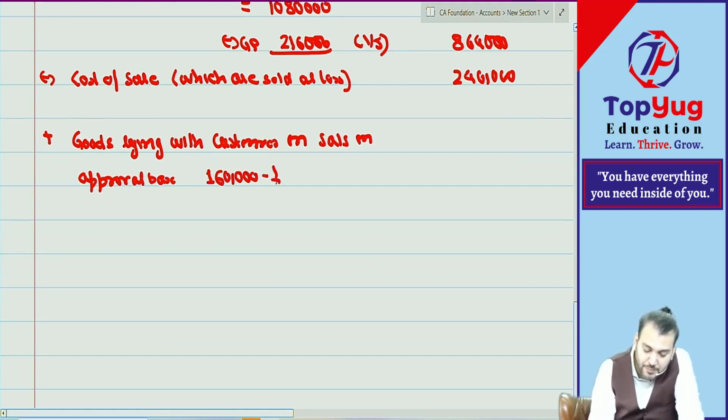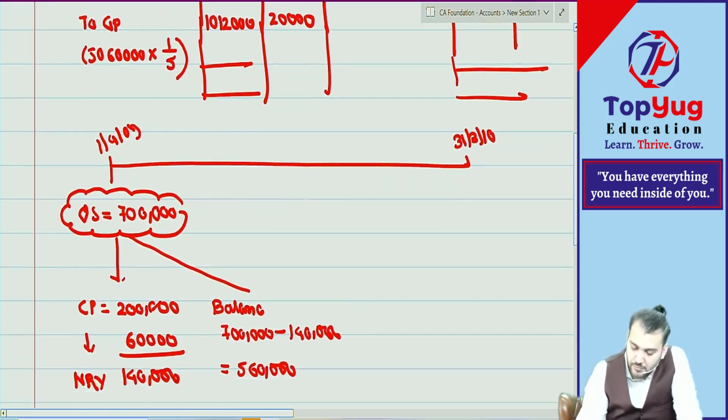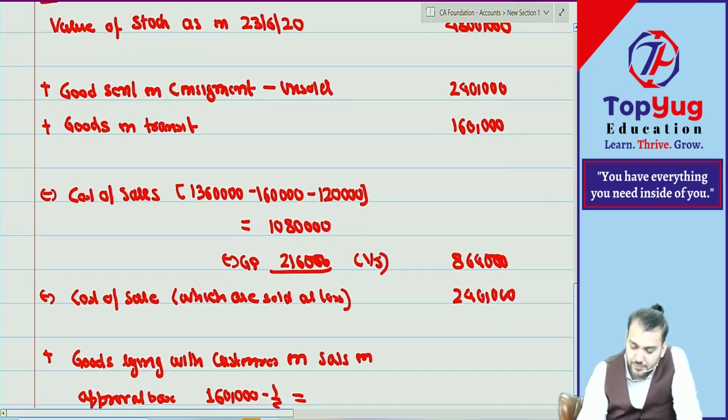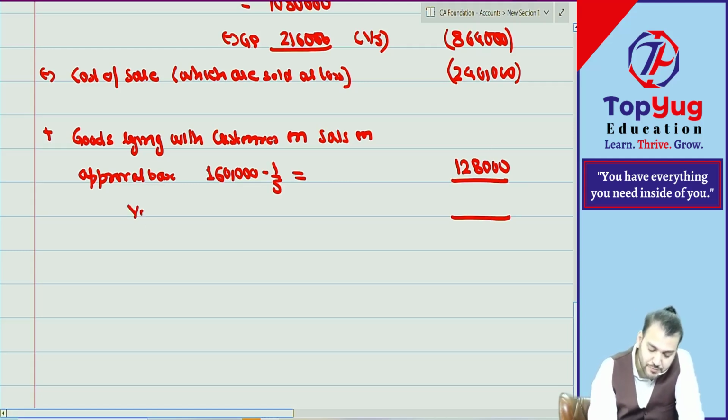So minus 1/5. How much is it coming? 1 lakh 60 minus that, how much? 1 lakh 20,000. This will be plus. This will be minus. So what is the value of stock coming? This becomes the value of stock as on